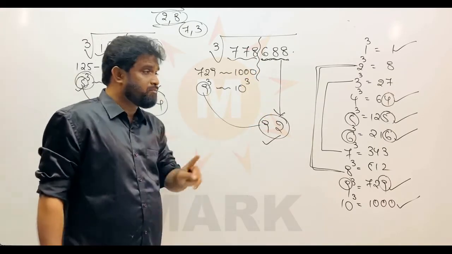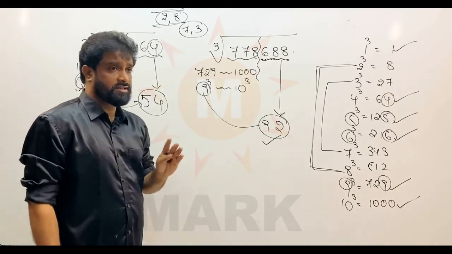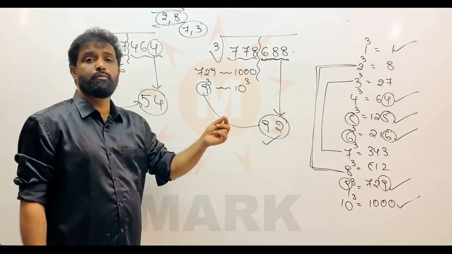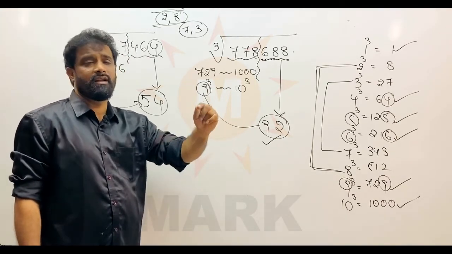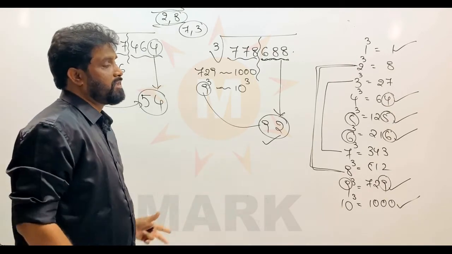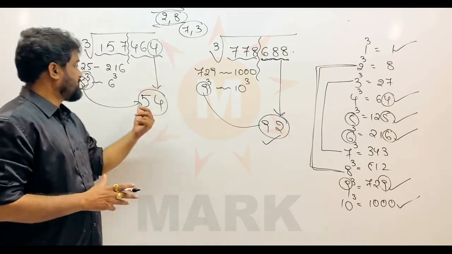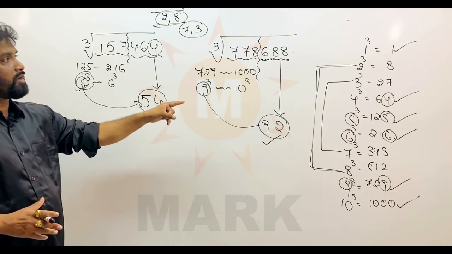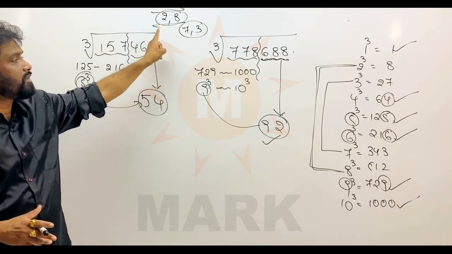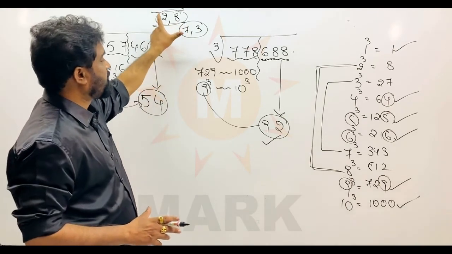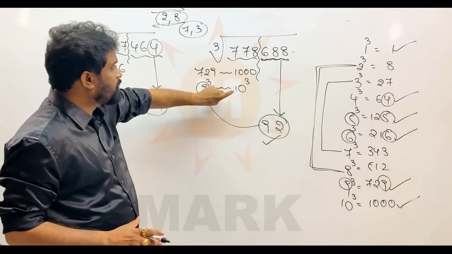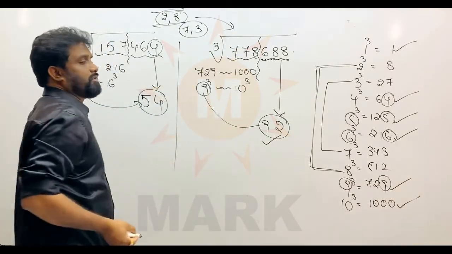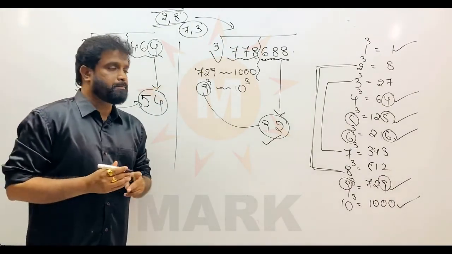Once again I am saying this method is not for non-perfect cube numbers. This method is only to find the cube root of those numbers which are already declared as perfect cubes. So I think this is a stay as it is concept, because I told you what is stay as it is concept, and also the relationship between 2 and 8, 7 and 3, this special relationship between these numbers. So this example belongs to this. So I think you got the concept right.